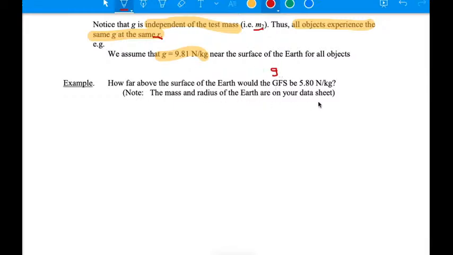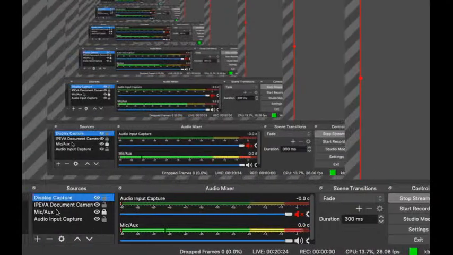So important here, we can find the radius and the mass of the Earth on our formula sheet. If you flip it to the back, it's under the constants. We've got the mass of the Earth as 5.98 times 10 to the 24, and the radius of the Earth as 6.37 times 10 to the 6 meters. So this is asking us,